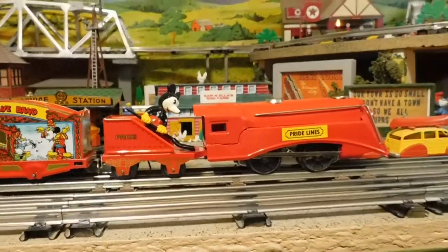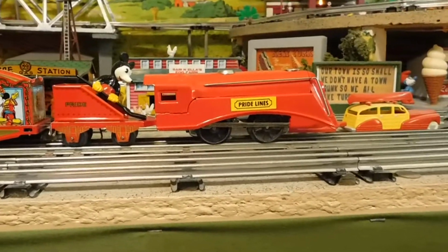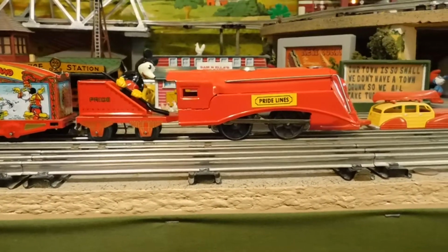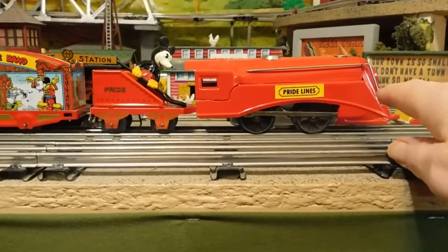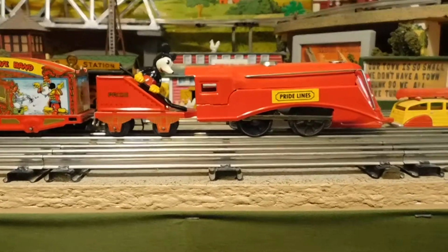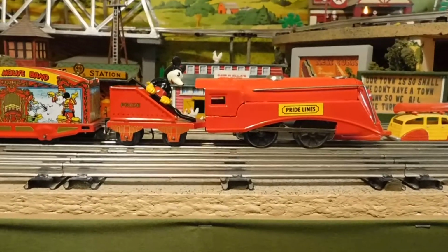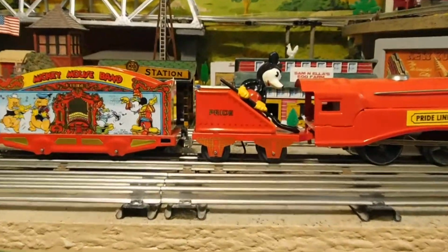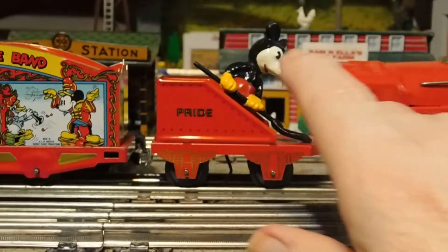And also I should mention, in the original Lionel version, I forgot to mention, Lionel made this train. You would have had Lionel lines, a plaque on the side. You would have had a bell up front. This does not have a bell. This does not have a headlight. Of course, it's a copy of a clockwork train. You wouldn't expect a headlight. And where it says Pride right here, it would have read Lionel, but